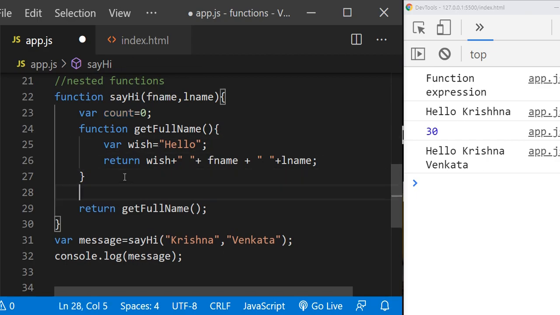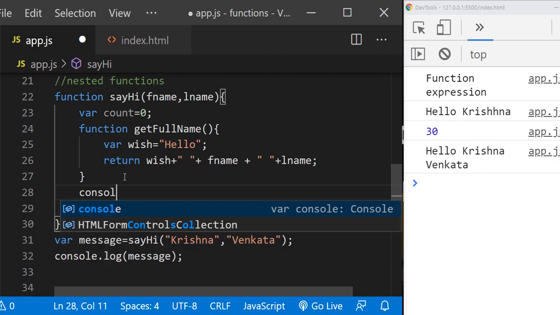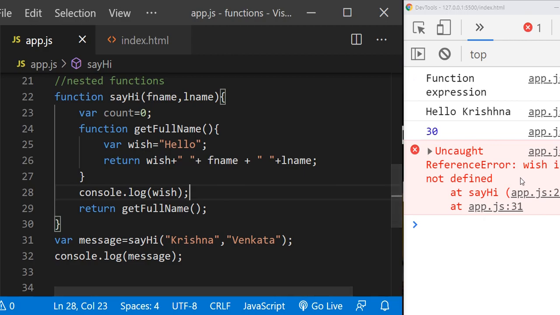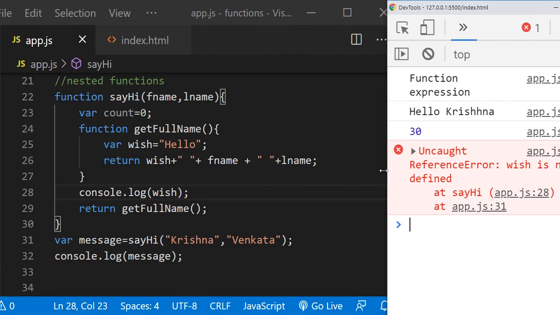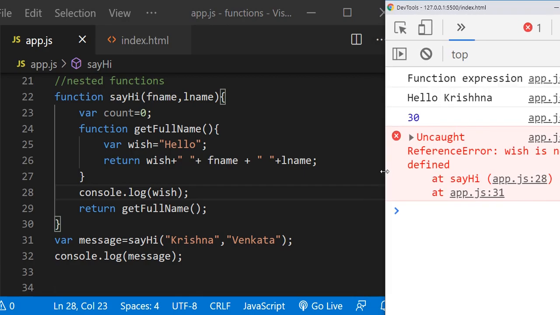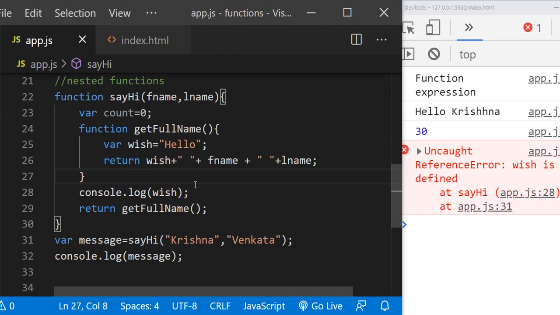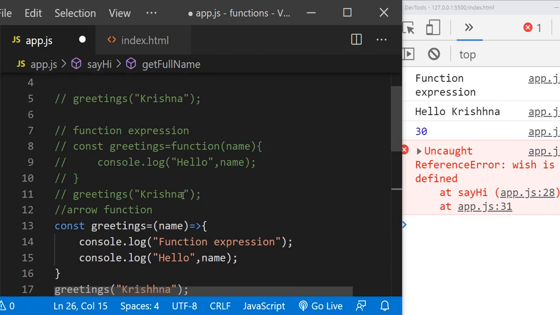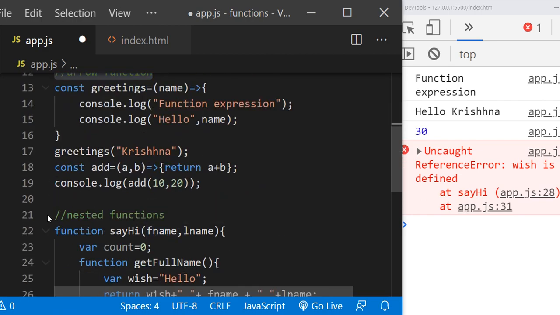But if you try to access a variable defined inside the nested function, like console.log wish, you will get a reference error, which says wish is not defined. So this difference you should remember. I'm just removing this. So far we have covered function expressions, arrow functions, and nested functions.